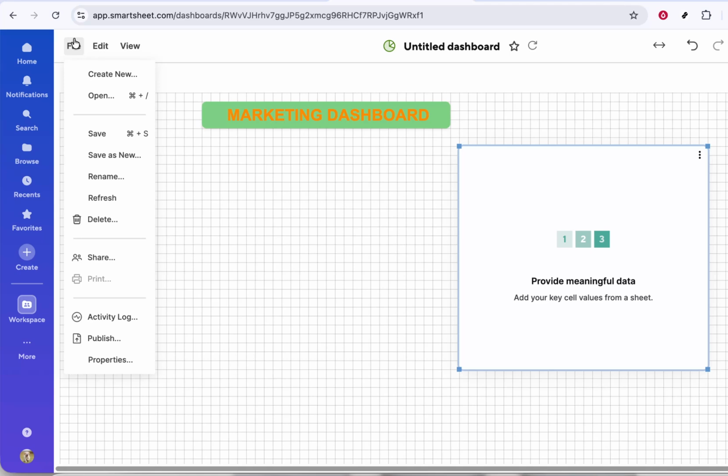That's all there is to it. Open your dashboard, click Publish, adjust your settings, and your Smartsheet dashboard